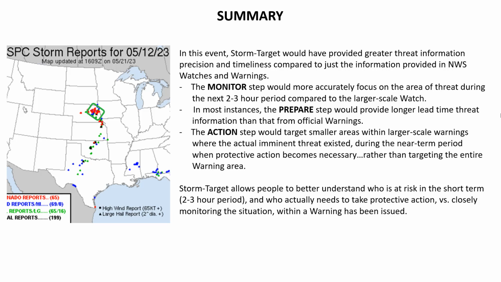Numerous reports of tornadoes, damaging winds, and large hail were received across eastern Nebraska. In addition to better downscaled watch level information, hopefully in this case demo you observed multiple instances of prepare and action information that downscaled warning information, such as to cover the areas of threat better and provide longer lead time than the official warnings, especially with the prepare areas.